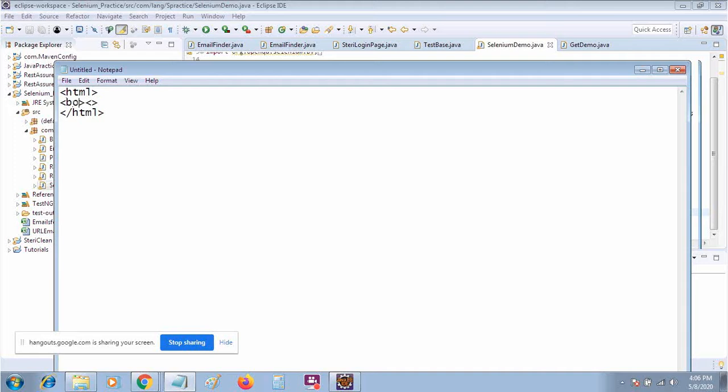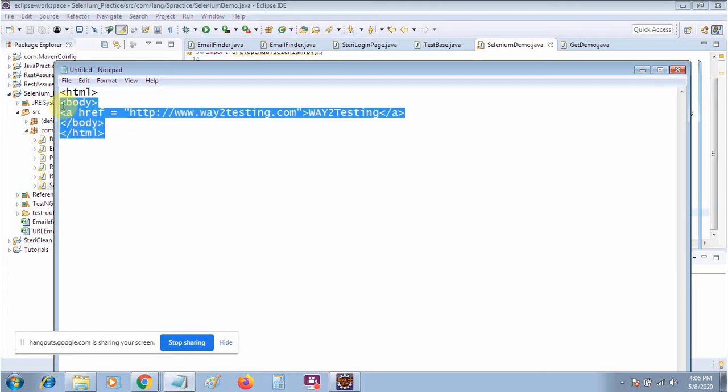Suppose that inside the HTML we will have some body part like this one. Inside the body, suppose that I want to put some link. So I will say a href is equal to, I will put the link this way. And the text that I want to show for the link will be here, and then I will close my anchor tag. So just read this line properly. What is this line saying?